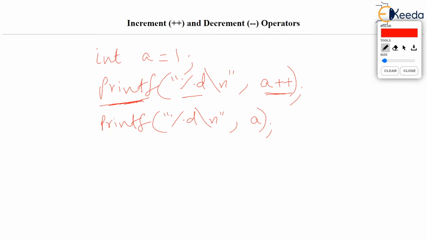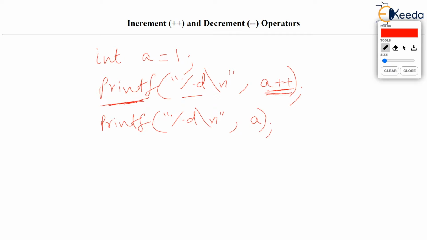But what is a plus plus? This plus plus over here is post increment, isn't it? That means the value of a should definitely get incremented, no doubt about it, incremented by 1 of course, but after the given statement. So here the statement is printf.